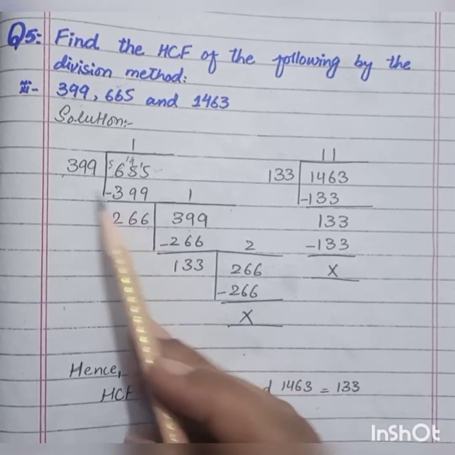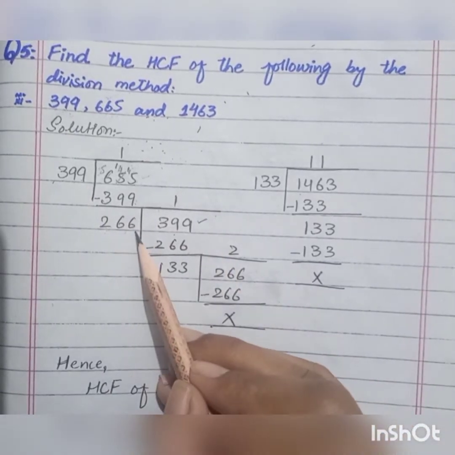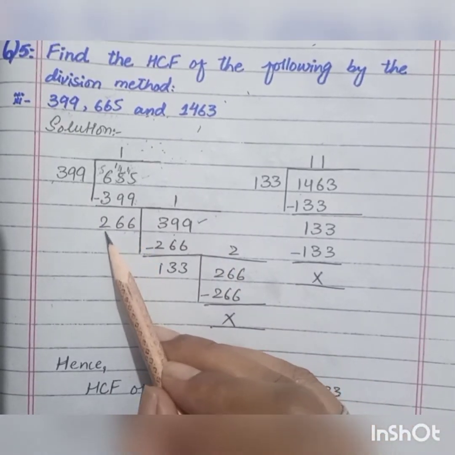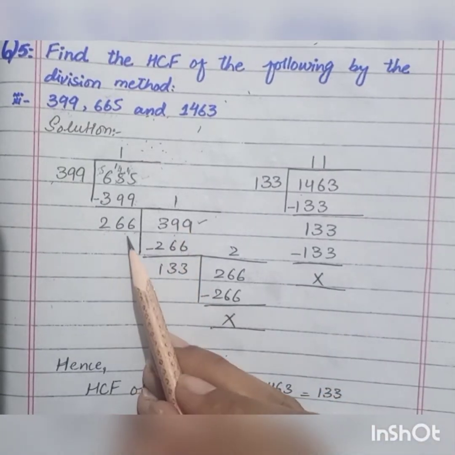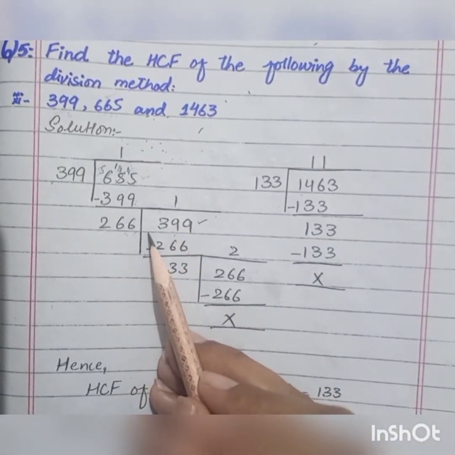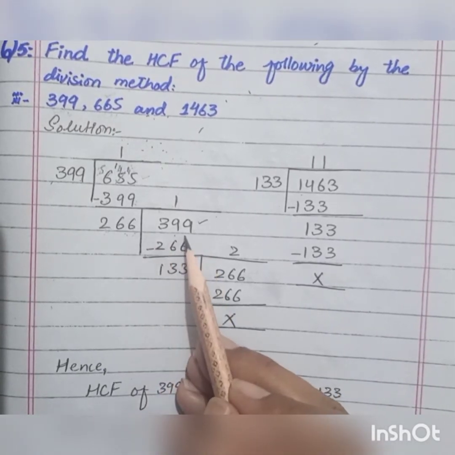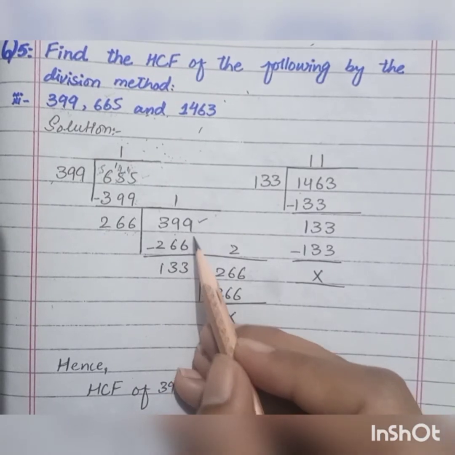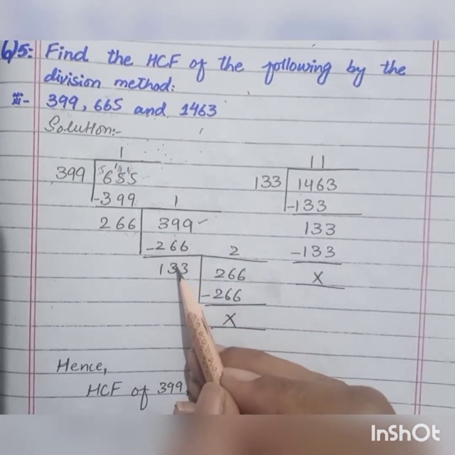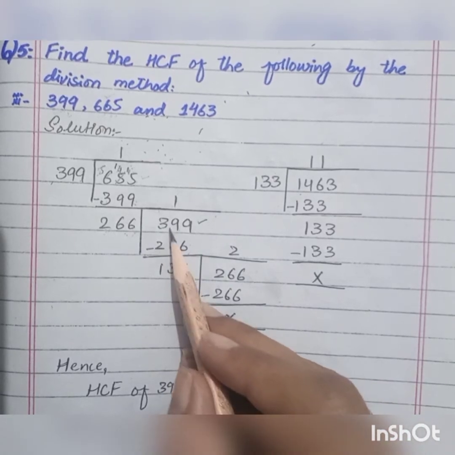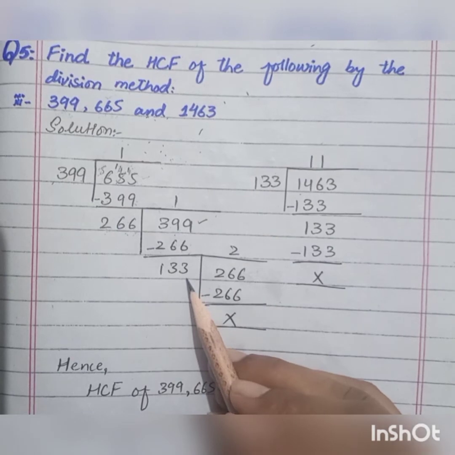You can see here. Now take 399 as a dividend and 266 as a divisor. Then 266 ones are 266, and if we multiply 266 by 2, the answer would be a greater number than 399. Now solve it. By subtracting 6 from 9, the answer is 3, and also by subtracting 6 from 9, the answer is 3. Now subtract 2 from 3, the answer is equal to 1. We can see the answer is 133.